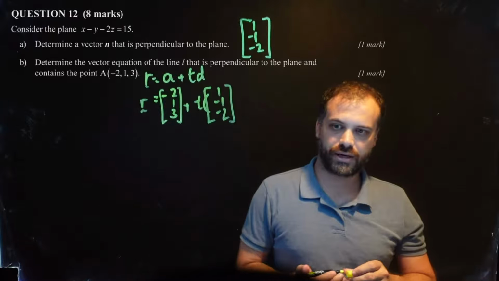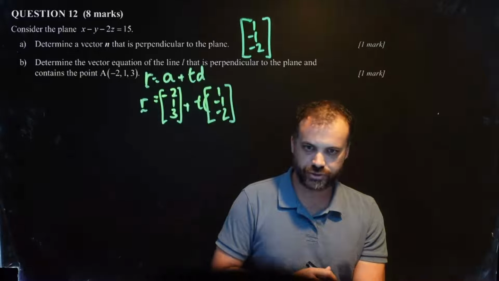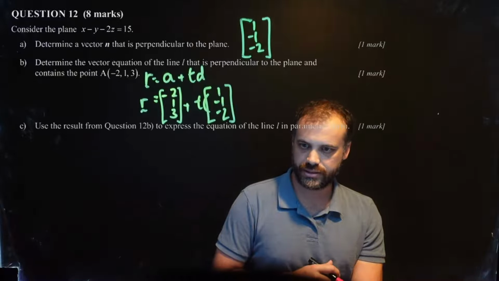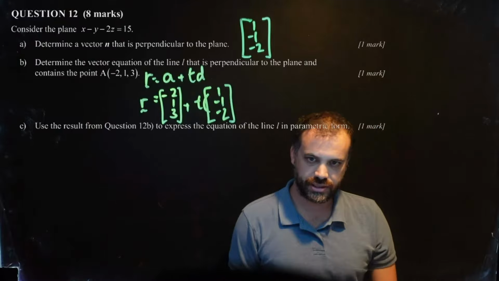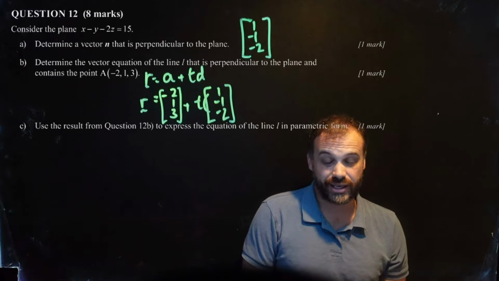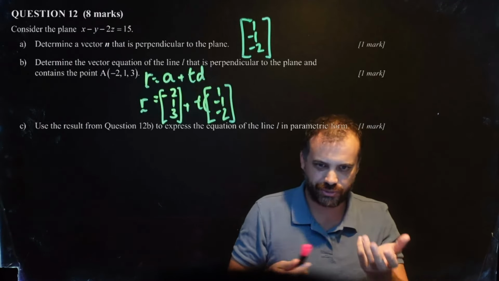All right, that's part B done. I've finished. So far, so good. Next bit is use the result from question 12b. So use this to express the equation of the line in parametric form. I am going to do a little bit of working here just because I want to explain what's